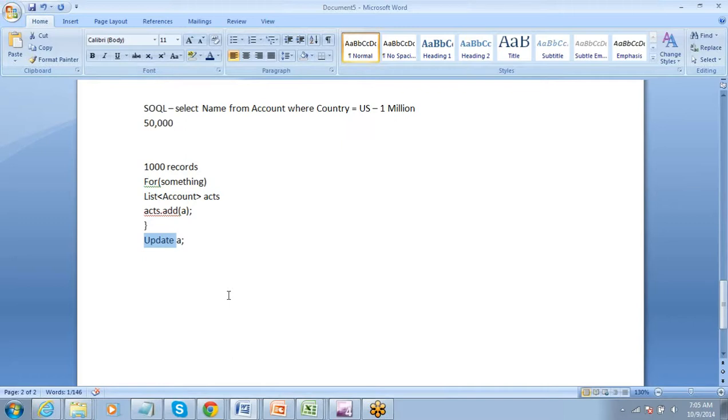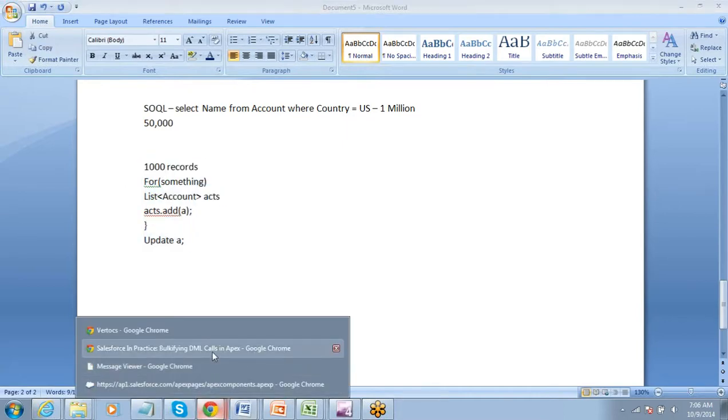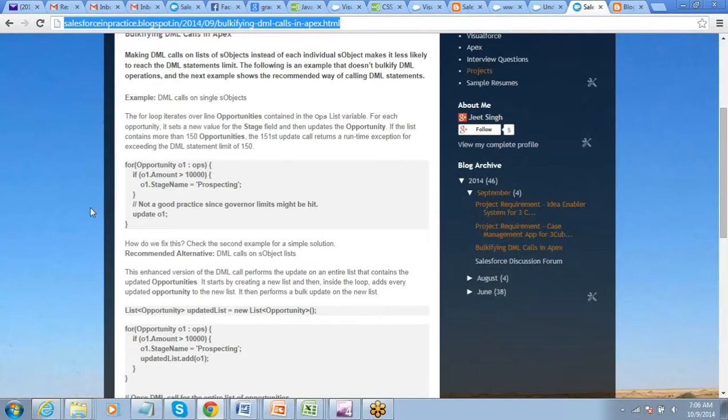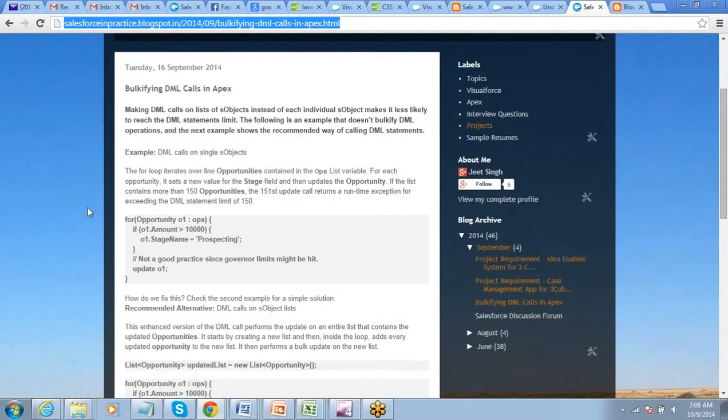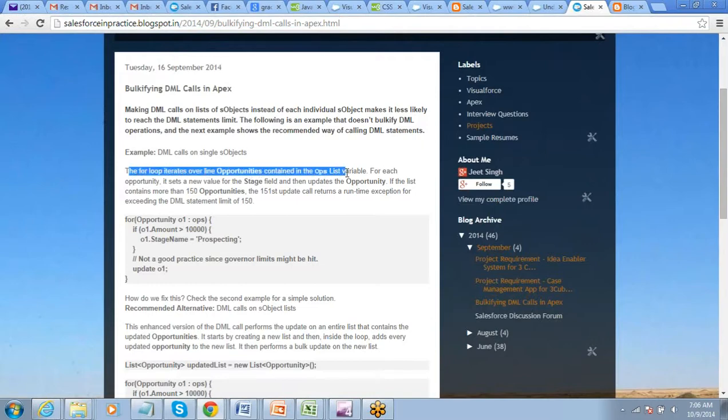So here what we have done, we have bulkified the DML operation. If you do not bulkify DML operation, then you will have too many DML operations, and the chances are more that you will hit the limit. So the same example, I just tried to show you a very small glimpse of it. Same example has been defined here. The for loop iterates over line opportunities contained on this thing.